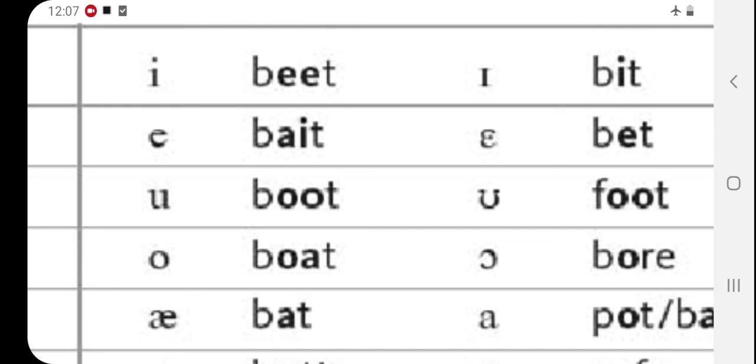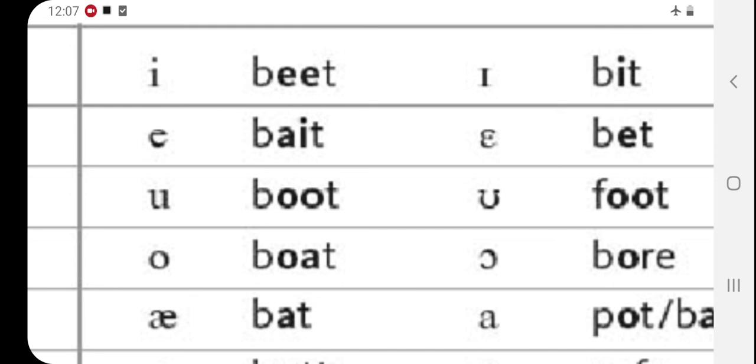E represents actually the A sound. And the next one, the A sound is also in bet, and in bat. So bat and bet, long sound and short sound. And the next one is bait. Actually, in this word, it's the A sound, as we call it, this bait, but this E represents the A sound. And then in bet, it is the short E sound, and in bait it is the long A.